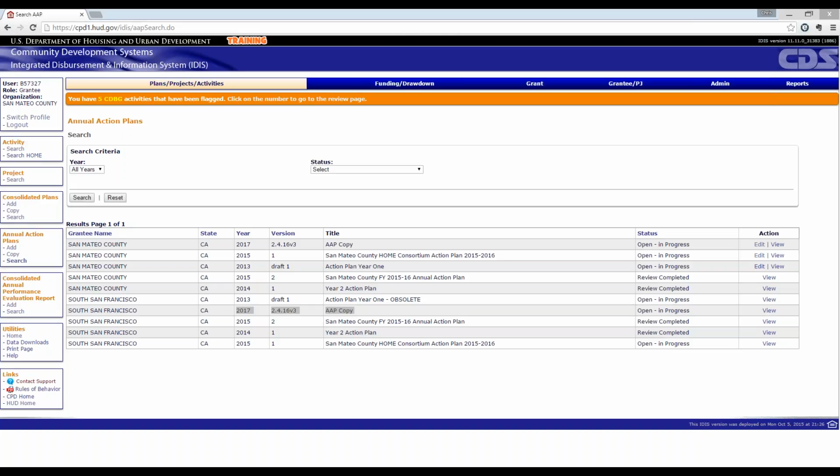Yes. So once you submit your CAPER, and each participating grantee and the lead grantee is submitting their CAPER through IDIS, all of those CAPERs will be viewable, and there will be separate CAPERs that are submitted to HUD. So again, each of the CAPERs are standalone. They're not tied to the lead grantee. Great question.